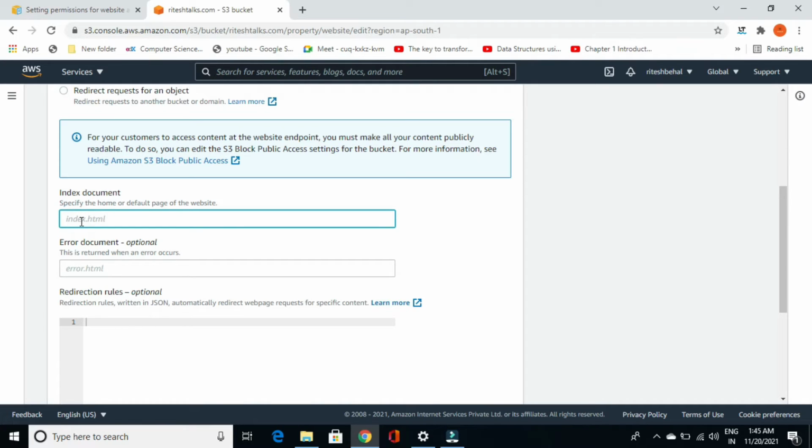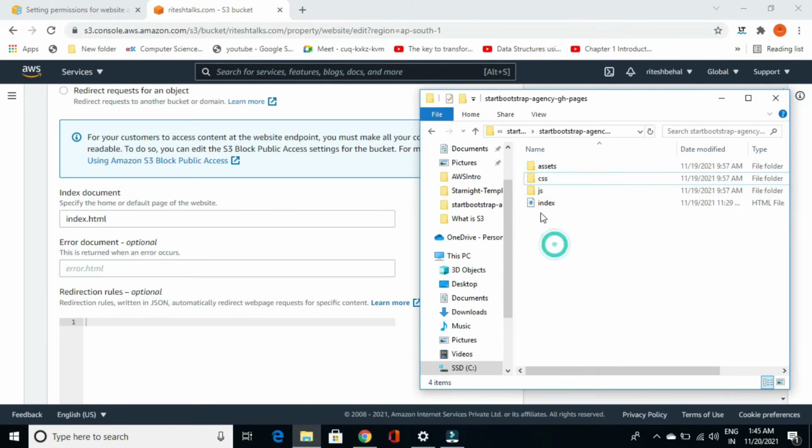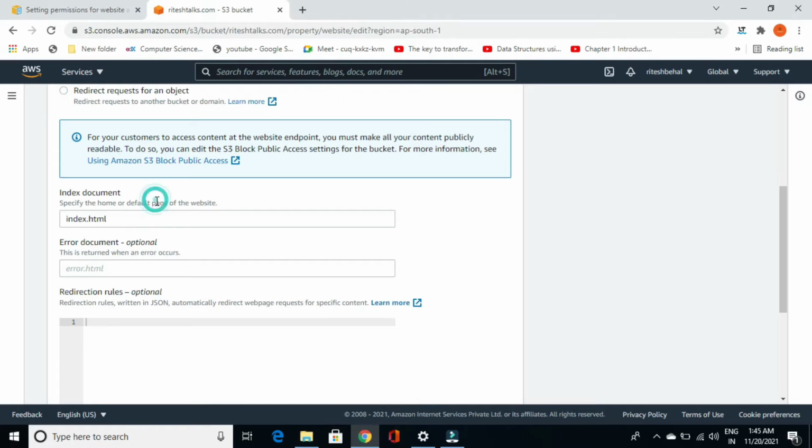So you need to enter an index page. Index is, you can say, the home page, so I'm keeping it as index.html because in my source index.html is the home page, but in your case it can be home.html or some other name. It is a standard practice to keep the name index.html.